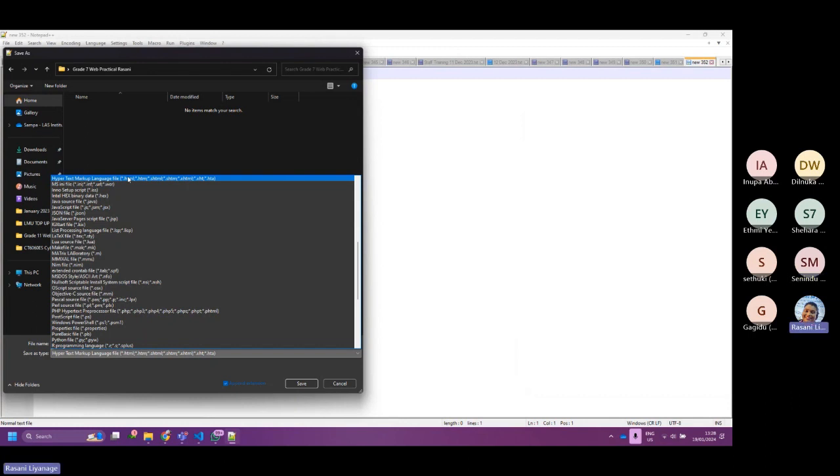Madam, when I enter it, it is already hypertext markup language 5. Then no need to change. If it's already set, no need to change. Otherwise you have to look for it.